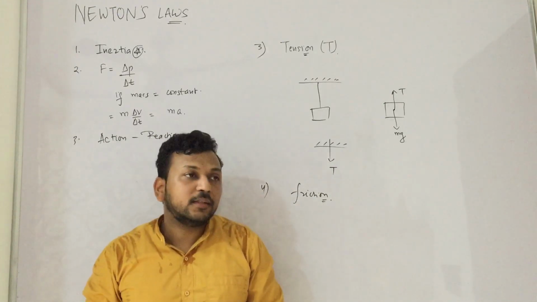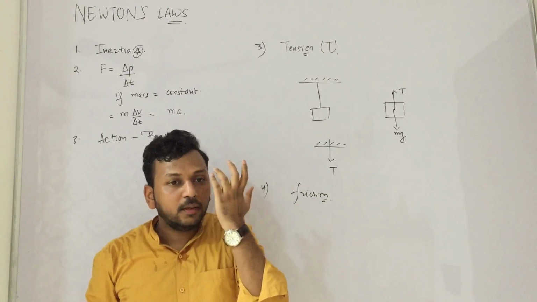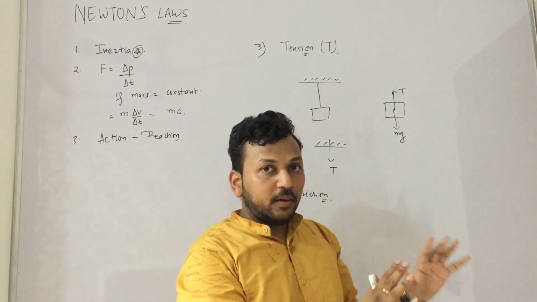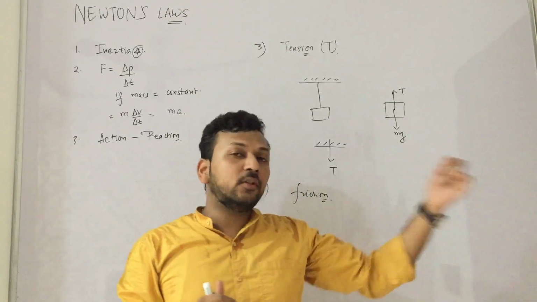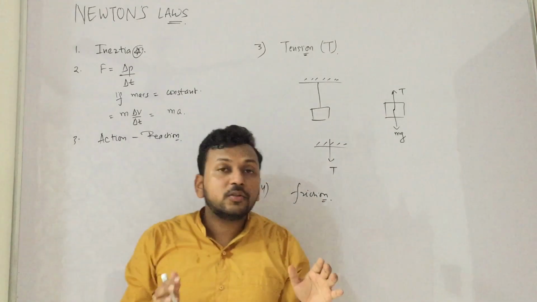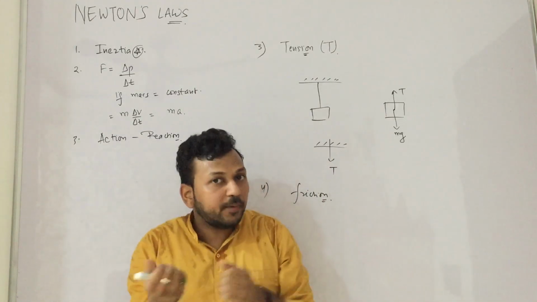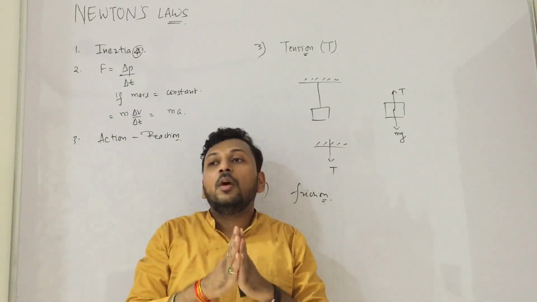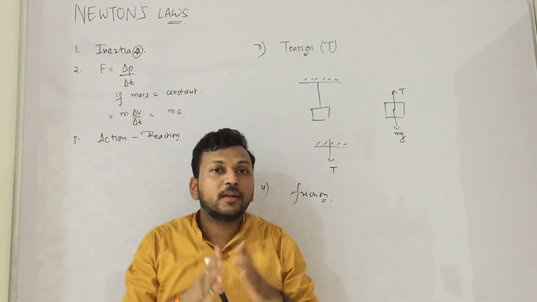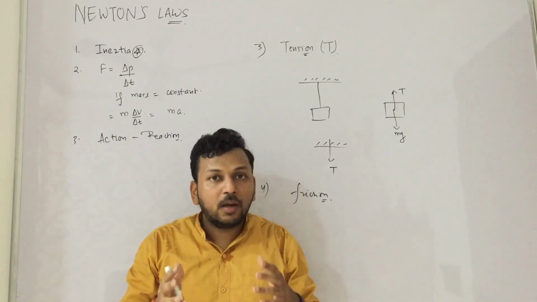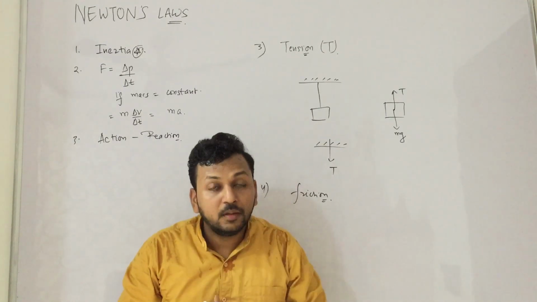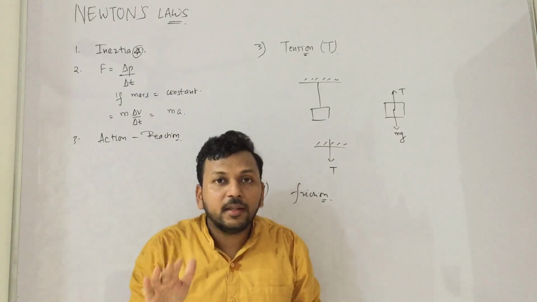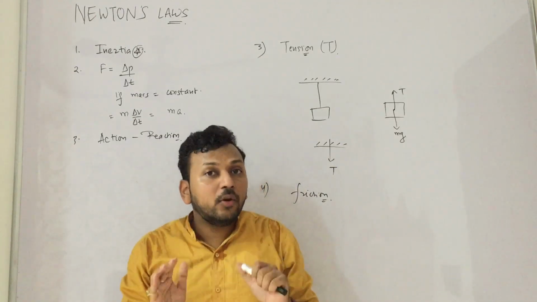Okay, let us consider a scenario. See, if an object is there, I push it, it will move forward, and after some time it will stop, right? That means friction force is stopping it. Friction is opposing the velocity. But consider the scenario, you purchase a brand new luxury car, but somehow it got stuck in the mud and you are just accelerating. What will happen? The car won't move.